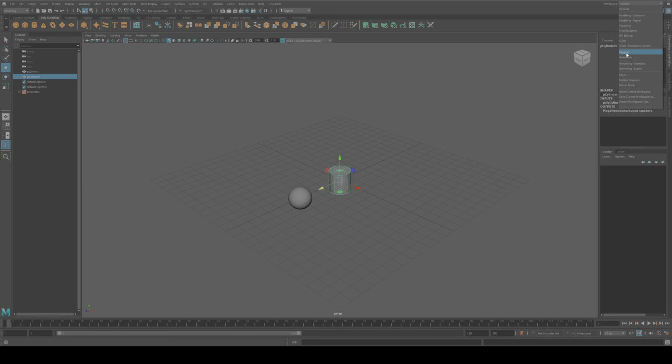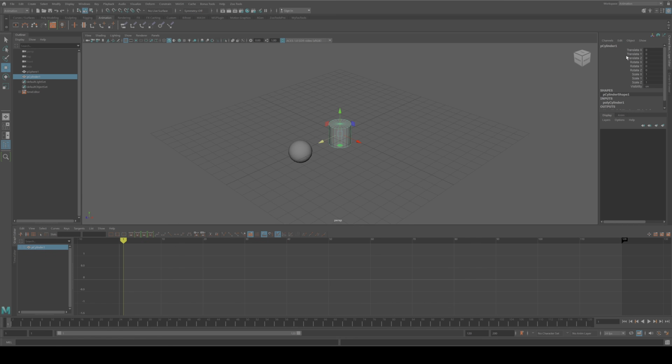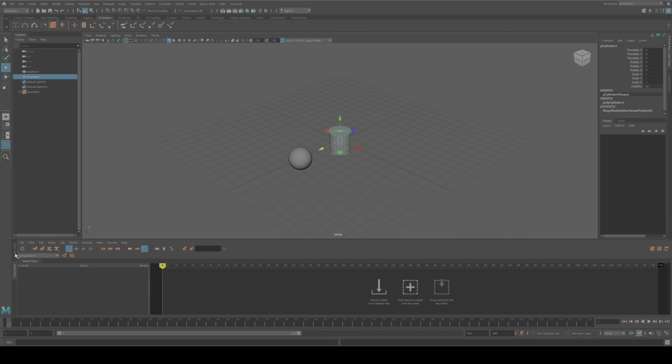Your workspace is probably set to something like General or Modeling by default. So let's go ahead and change it. As I switch, keep an eye on the entire UI. Did you see that? It's like Maya just got a complete makeover, giving us a new set of panels, many options suited for animation, such as the Graph Editor and the Time Editor. But don't worry, these topics will be covered in later tutorials.